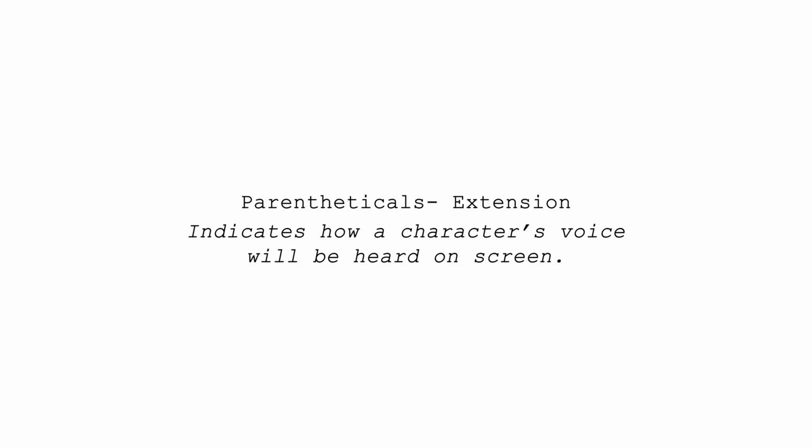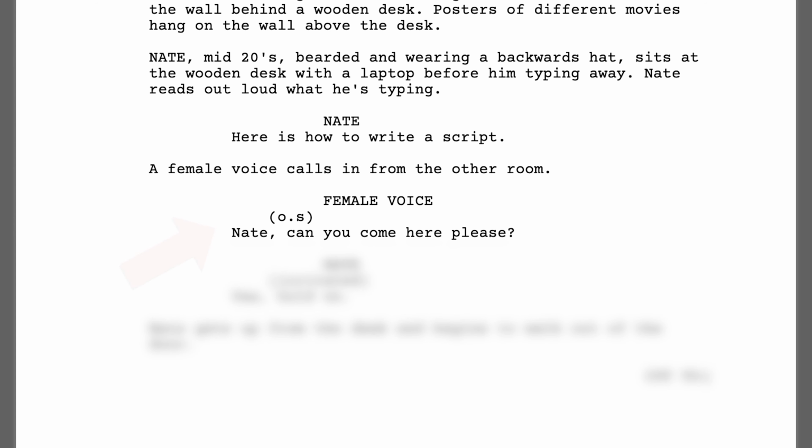The first way is what's called an extension. An extension indicates how the character's voice will be heard on screen. So for example, in my script here, let's say that a character yells in from the other room, but we don't see them on screen. We just hear their voice off screen. So in my parentheses, I would write O.S to indicate to the reader that the voice is off screen. You can also use V.O if it's a voiceover,